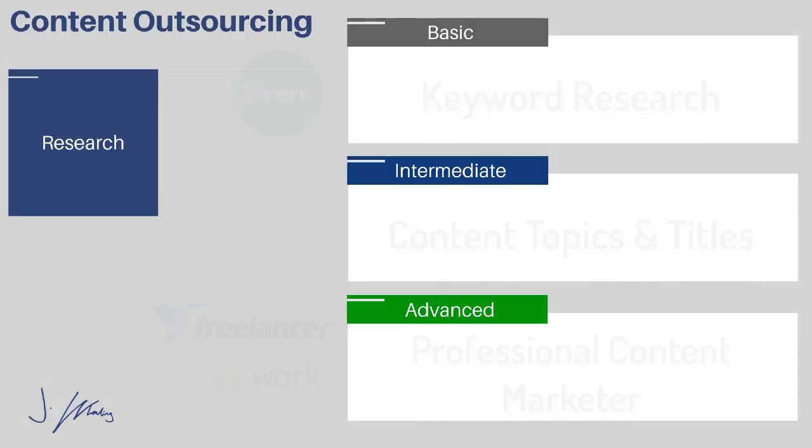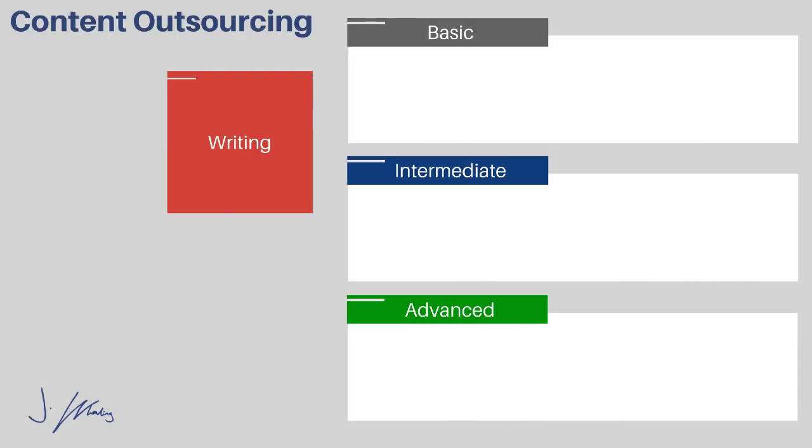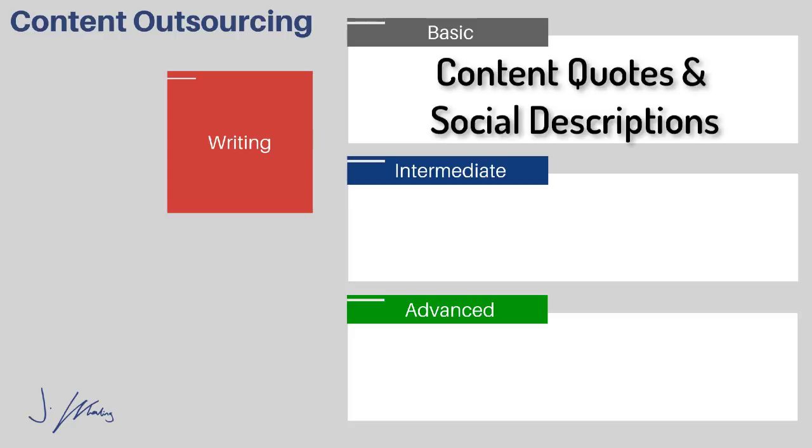Next, we have writing. And so at the most basic level, writing is something you're probably going to be doing all the way up until the end, because it really is one of those most expensive things to outsource. So at the basic level, remember, promotion is part of this process. So what you can do is have someone go through either your video outline or your blog post rough draft, and they can pull pieces out to make Instagram quotes or have quotes for Twitter or little blurbs for Facebook when you promote your content.